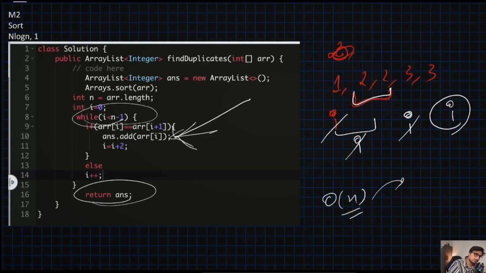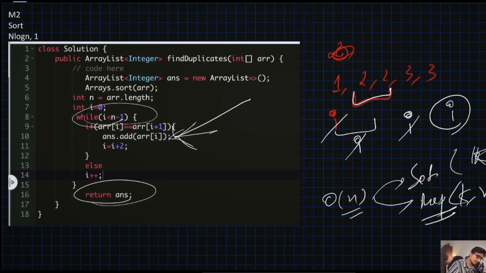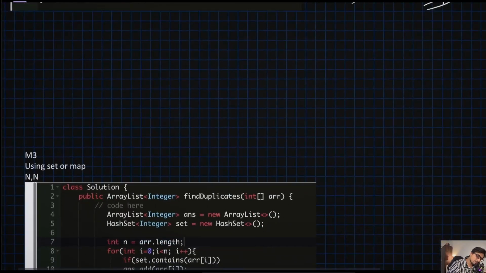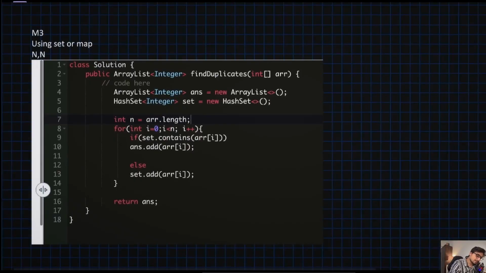So the best way to check if the array or the bunch of elements has duplicates or not is a set or a map, right? If you want to track something like a key-value pair, use a map. If you just want to track the key and the operations on that key, then you need to use a set. And here goes our method 3. So here the time would be O of n and space would be O of n, since we are using